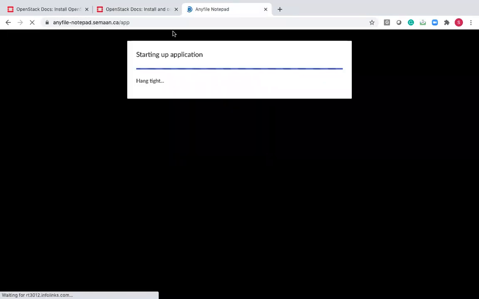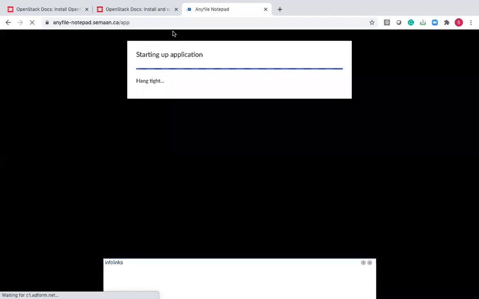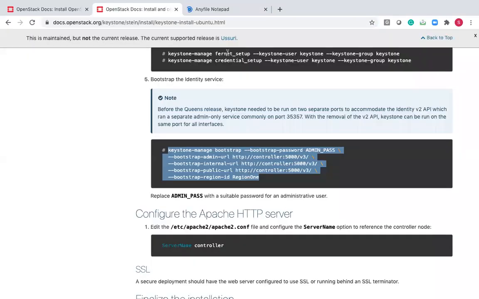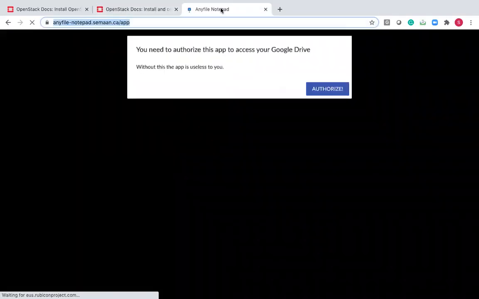Keystone will be listening on two port numbers: 5000 and 35357. Okay, so these are the two port numbers.